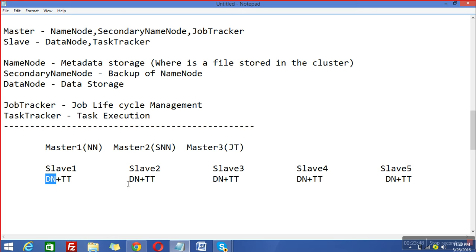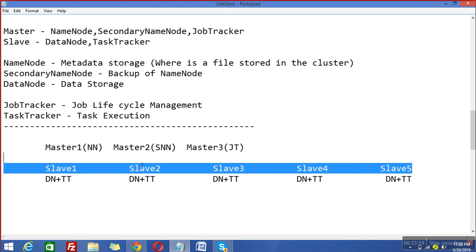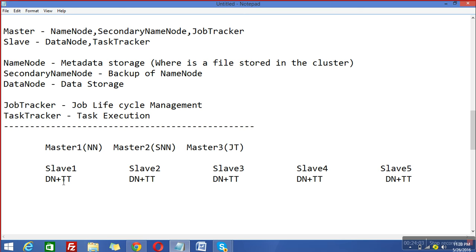So basically we store data in data nodes. Let's say each slave machine has a 1 TB hard disk, then we can store up to 5 terabytes of data, because we store data only in data nodes, not in the name node or secondary name node. So we have 5 terabytes of storage, and wherever data is present there are task trackers. All these slaves' task trackers are controlled by job tracker, and all these slaves' data nodes are controlled by name node, and the backup of the name node is in secondary name node. The backup of the data is also there, the replication factor, that we will cover later. But all these data nodes are controlled by name node, backup of the name node in secondary name node, and all these task trackers are controlled by job tracker.